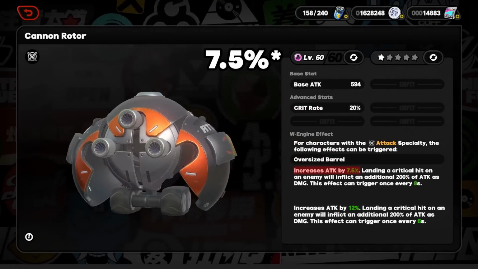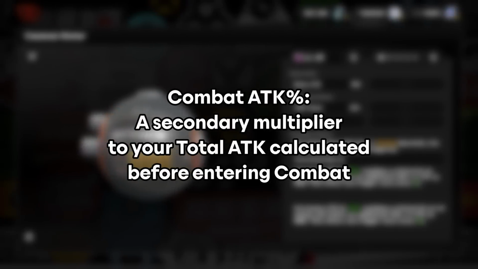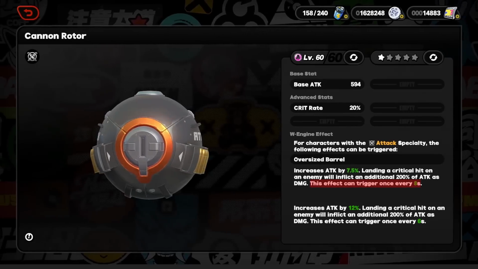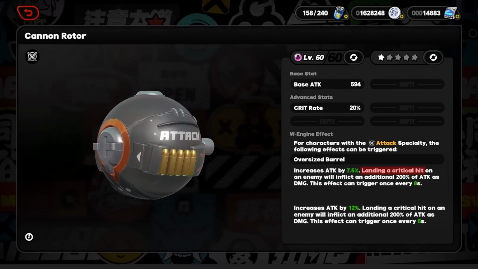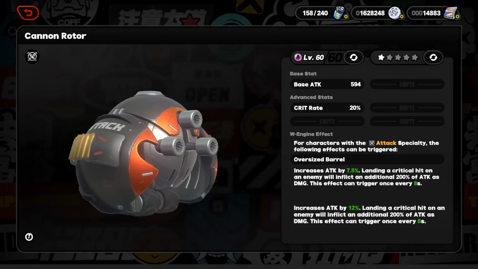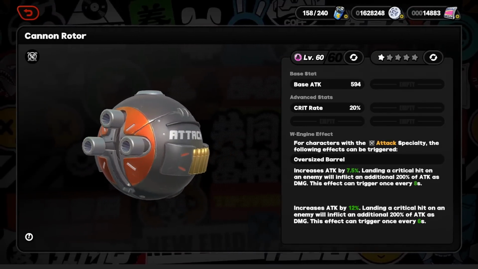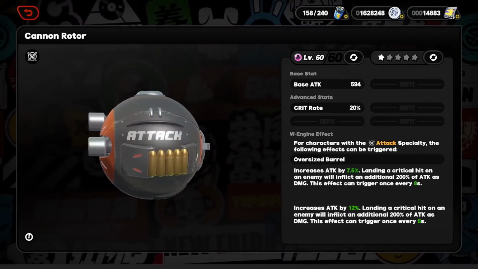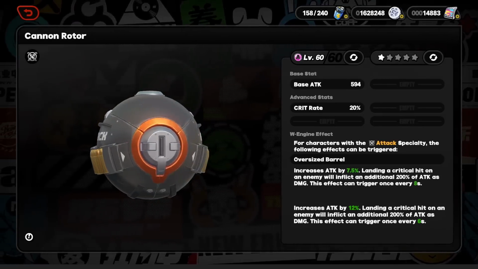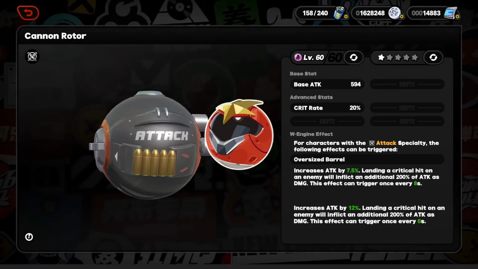As for its passive, a 7 to 12% combat attack, aka an additional attack percent multiplier in combat for your total attack pre-combat. And then, every 8 to 6 seconds, attacks that land a crit hit on an enemy will inflict 200% of your attack as damage. Unfortunately for Cannon Rotor, this cannot crit, and so 200% uncrittable attack multipliers every 8 to 6 seconds is kind of lackluster. It's a decent statistic, it's easy to use and it just works, but the free Starlight Engine is